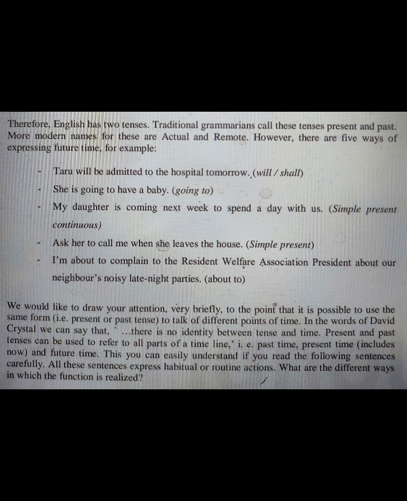Simple present. I'm about to complain to the Resident Welfare Association president about our neighbor's noisy late-night parties. About to. We would like to draw your attention, very briefly, to the point that it is possible to use